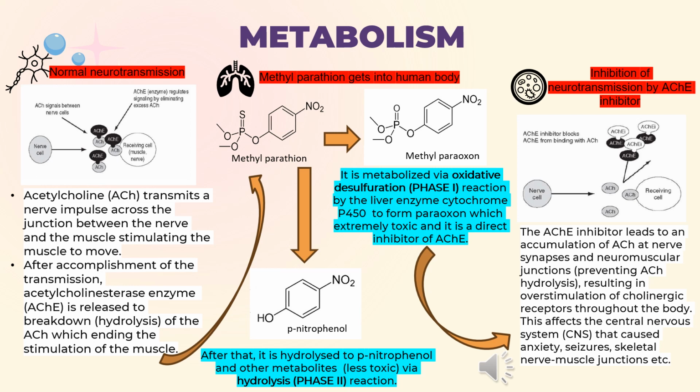The ACHE inhibitor leads to an accumulation of ACH at nerve synapses and neuromuscular junctions, which prevents ACH from being hydrolyzed. This results in overstimulation of cholinergic receptors throughout the body. The overstimulation of cholinergic receptors affects the central nervous system and causes several symptoms such as anxiety, seizures, skeletal nerve